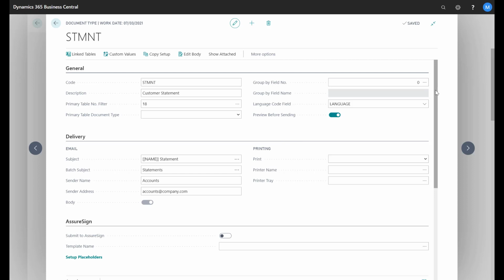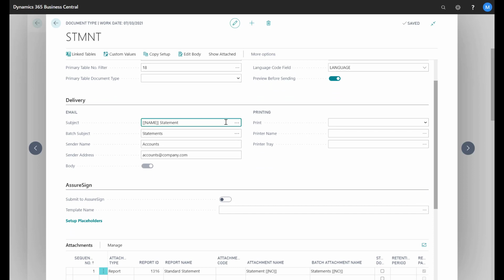Next is the Delivery Fast tab. Here we can start to change the subject. So at the moment it's going to have the customer name and statement. We also have the sender address and sender name fields. Now these will only be picked up if you are working with the Q email functionality. And they will be populated, as you can see here, with accounts and